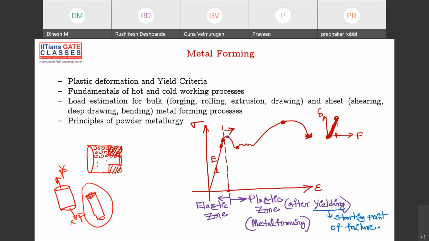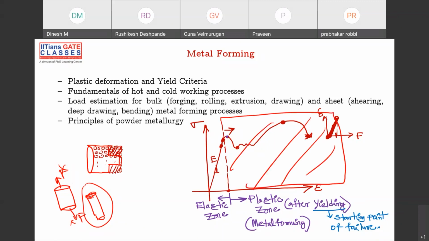That's the reason why whatever we are discussing should be on the right side of this. This is the zone where we are working. This is your elastic zone. That's the reason why after this zone it's called the plastic zone, that is, after yielding. This is called the yield point, right? After yielding only, this plastic zone will come, and that is the zone in which we are performing